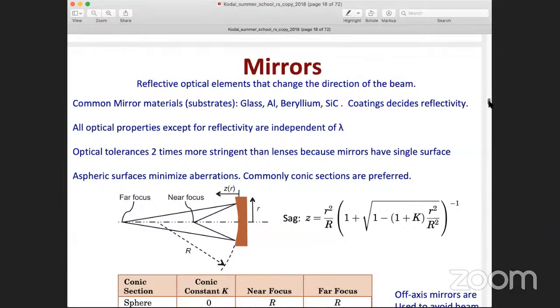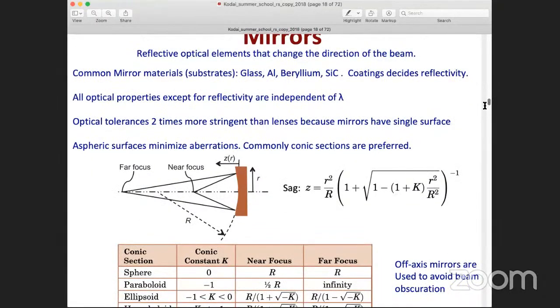One important aspect of mirrors is that all optical properties except for reflectivity are independent of lambda. Only the reflectivity will be a function of wavelength. The optical tolerances are 2 times more stringent than for lenses because